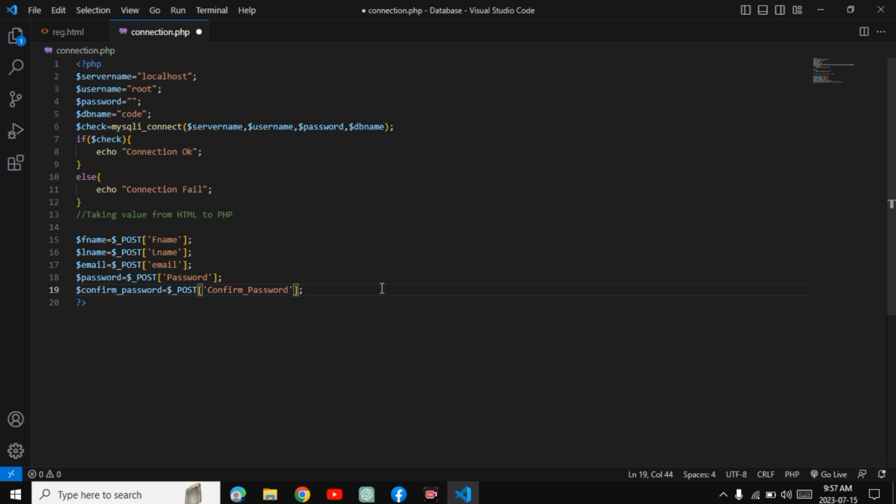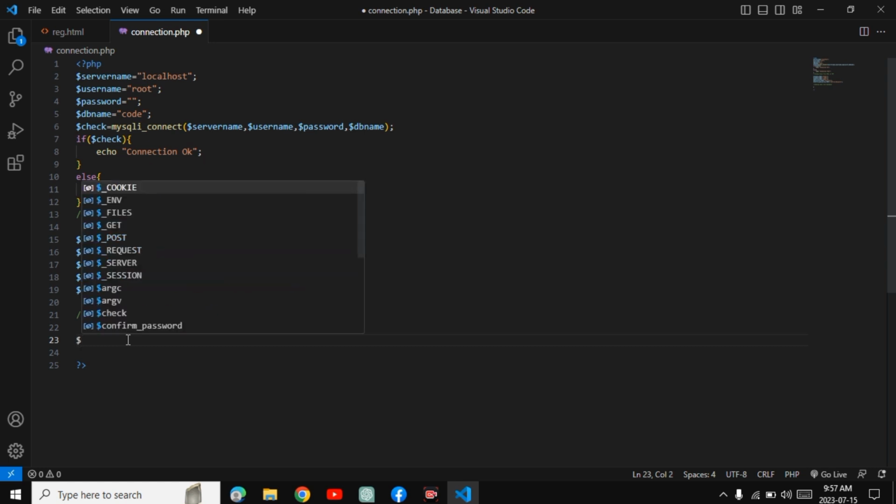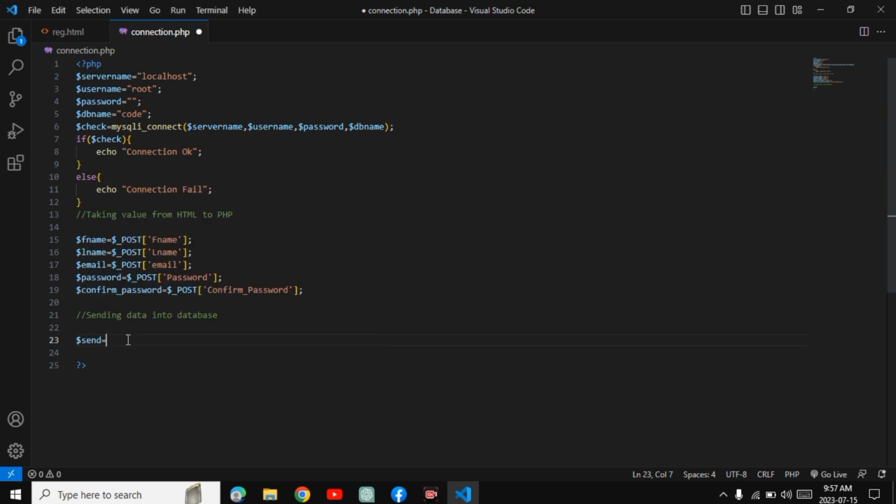Now let's send this data into the database. So how can you do that? I am writing a comment, sending data into database. Okay. So we have to execute a query here. Let's create a variable to check the execution. So first let me write this code, then I will explain it. So wait a second. Equals to